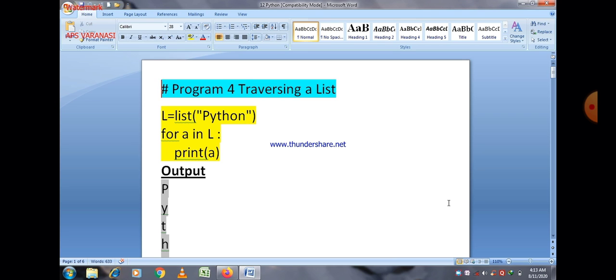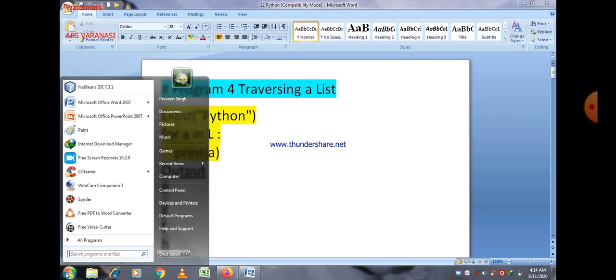And you can declare a list without using the list method. Here we just use the list method to declare a list. So there are two different ways to declare a list: you can use a square bracket for declaration of a list, and you can use the list method for declaration of a list. But always remember that when you use the list method, whatever value is passed within the parenthesis, that is the argument, or the parameter value, is considered as characters.